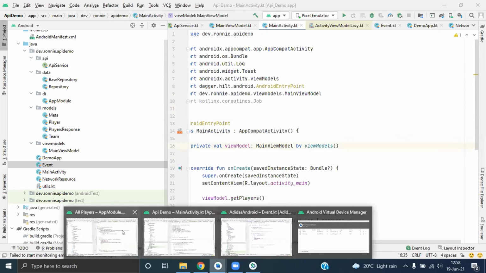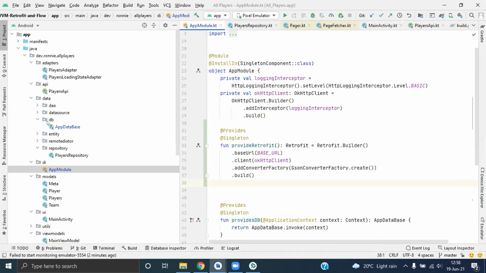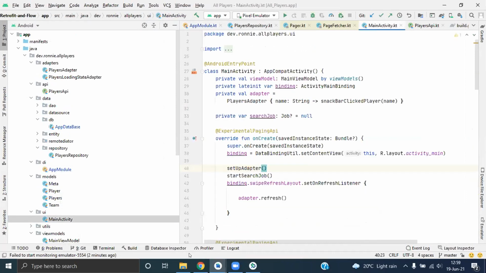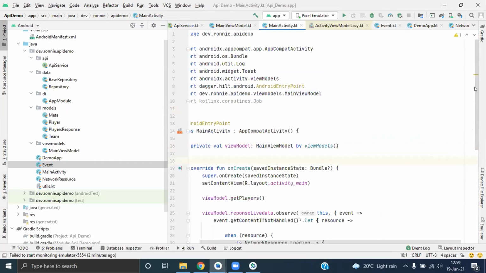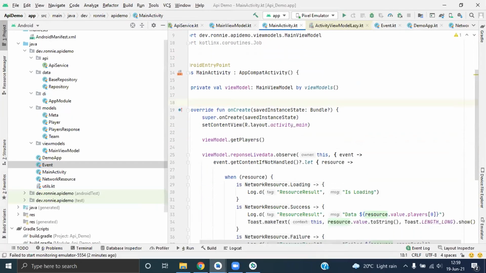So you'll find that your snack bar or toast is being shown again, which is not supposed to be happening. So to avoid such cases, you use the event class because it only gets notified once, and then it doesn't re-emit the previous values on configuration changes or something of the sort.